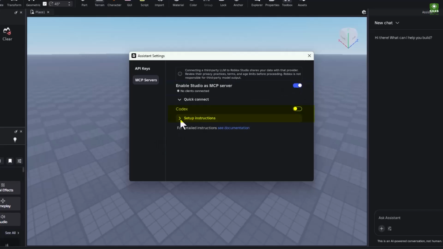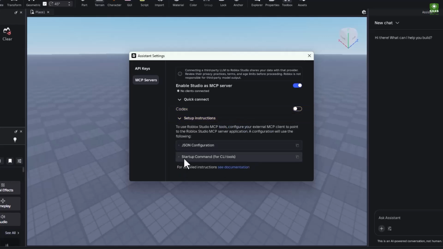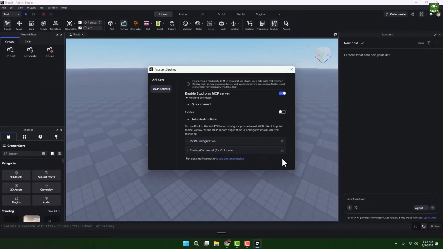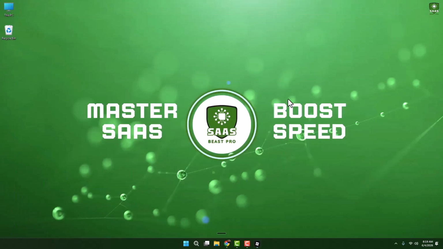If we click on it, we will see that there is a startup command for CLI tools. There is a copy button in here. We are going to click here to copy this command. Okay, so we are now going to minimize our Roblox Studio, and then we are going to our ChatGPT